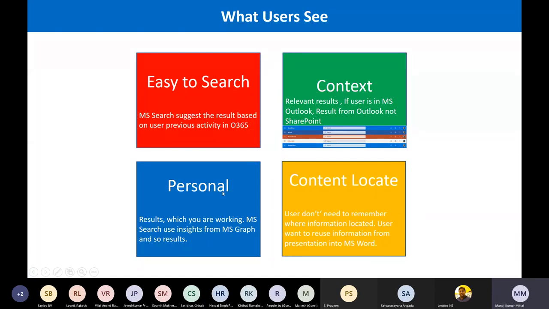Personalized means it uses the Microsoft Graph in the backend. What I am searching, what components or documents I am working on, it will give priority, along with what my peers are interacting with or they are interacting with me. So those become the personal results here. Content: no need to worry where it's located in my M365 ecosystem. At one interface we get the results and can start working irrespective of whether it's in OneDrive, SharePoint or Outlook. If the content exists in multiple places, we can search it, start working, and refer to it in some other document.